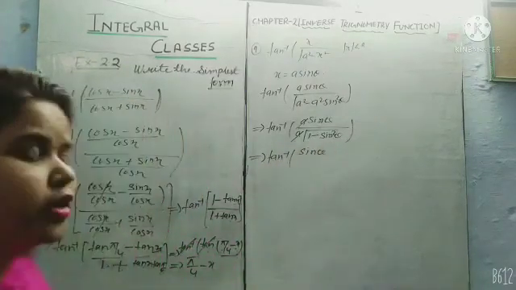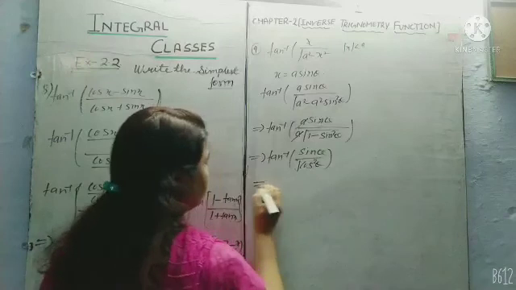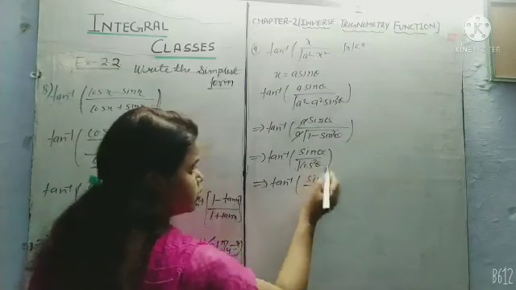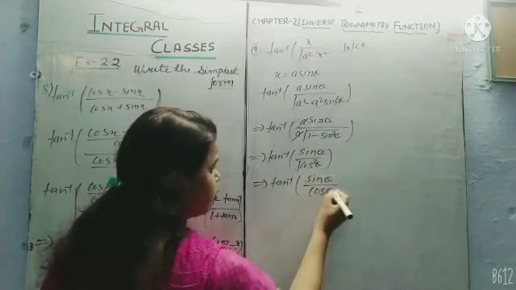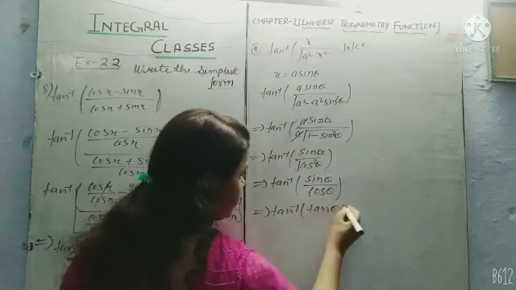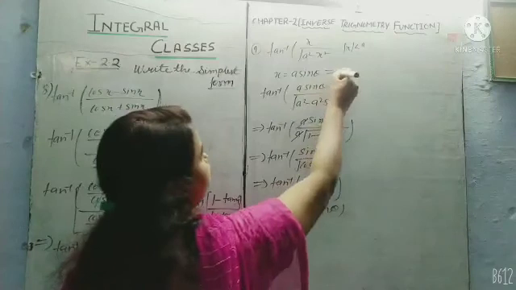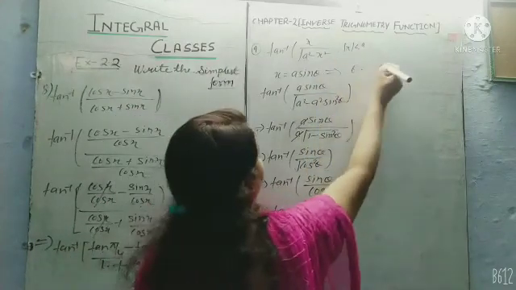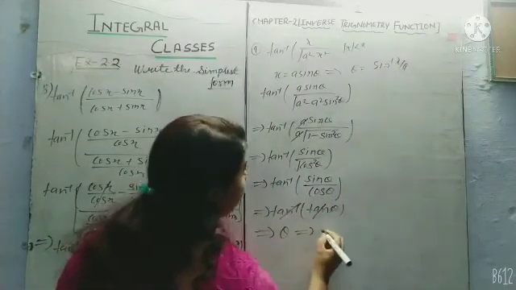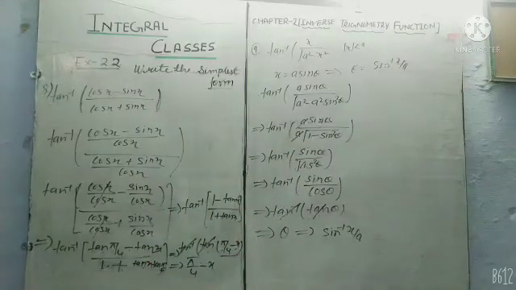Now tan inverse sin theta upon root of 1 minus sin square theta. 1 minus sin square theta is equal to what? Cos square theta. So root cos square theta. Now tan inverse sin theta, and root and square cancel each other, so it becomes cos theta. So now student, next step: tan inverse tan theta. Tan inverse and tan are cancelled. We get only theta, and theta is equal to what here? Theta is equal to sin inverse x upon a. So we replace theta by sin inverse x upon a. This is the solution of question number 9.